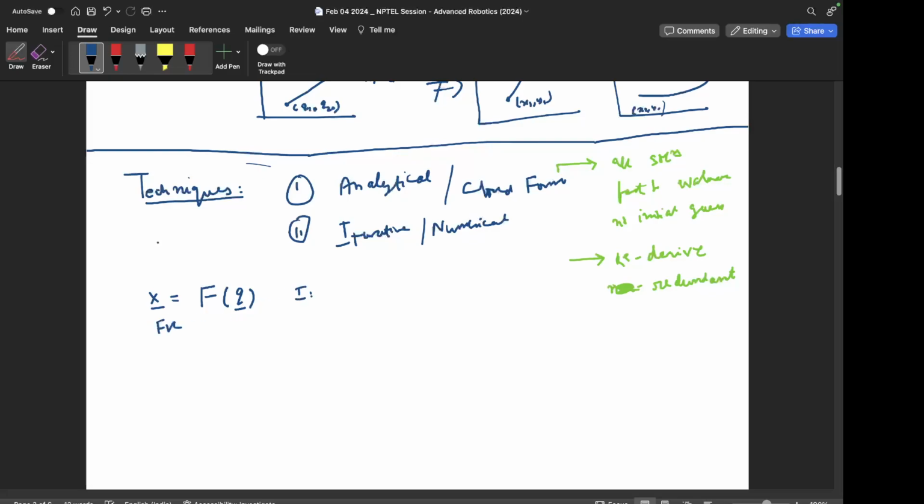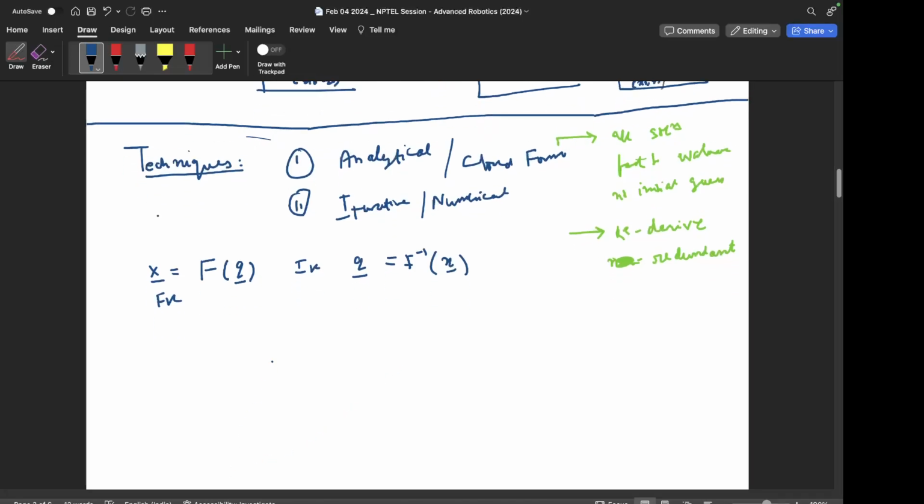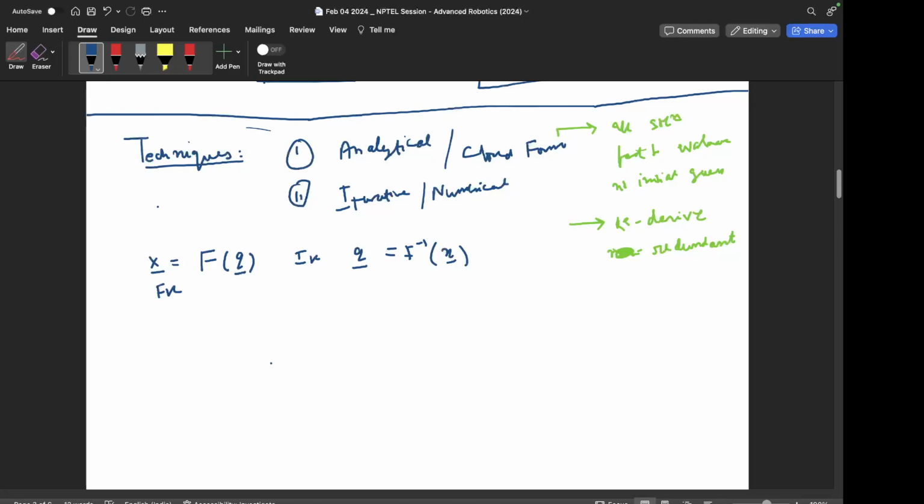In inverse kinematics, we have to find the inverse of that mapping, from the end effector pose to the joint angles, right? So we'll first see the analytical approach. The iterative approach I will just briefly touch upon later, but first we will see the analytical approach, and that also for the simplest example of a 2R manipulator. So I will derive the inverse kinematics equations for a 2R manipulator,